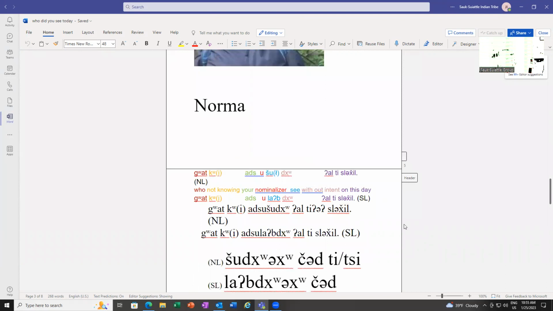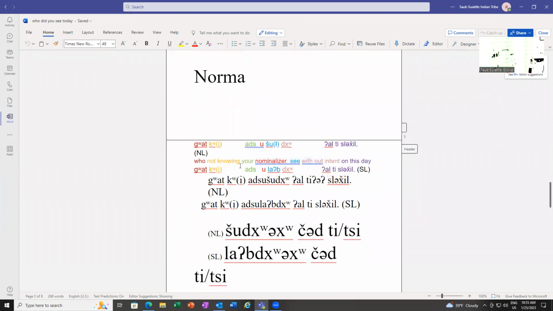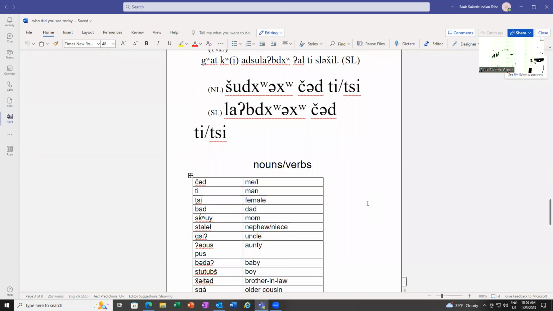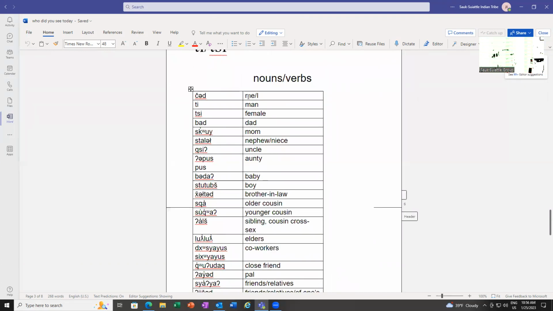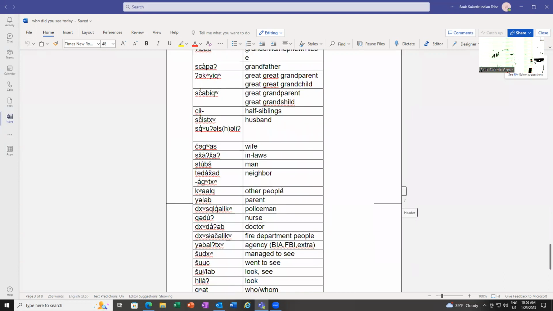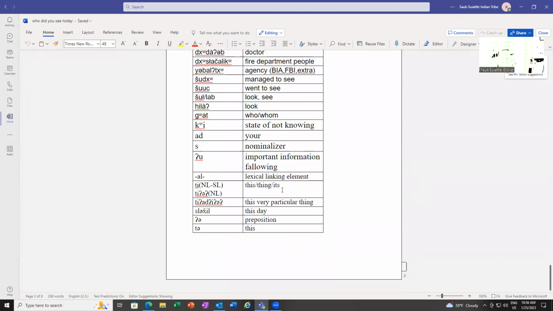So we'll get into, and this helps break it down, what word means what on this part of the conversation. And then here are the noun, verbs, stuff to finish the conversation.